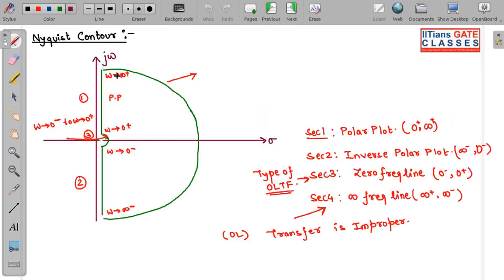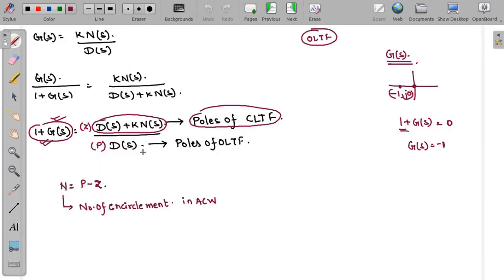Because if you go back to your Nyquist contour, I haven't given the direction still. My Nyquist contour is always in this direction, and you can see this is a clockwise rotation. So that is why, because this is a pole dominant system, the encirclement will be anti-clockwise, where P is equal to poles of the characteristic equation, which is equal to poles of OLTF,